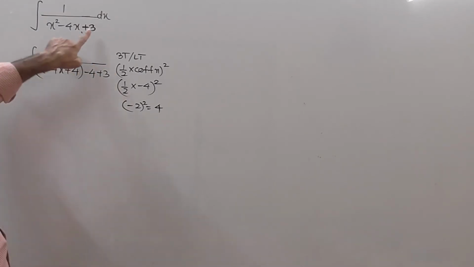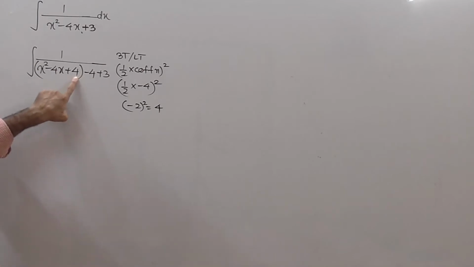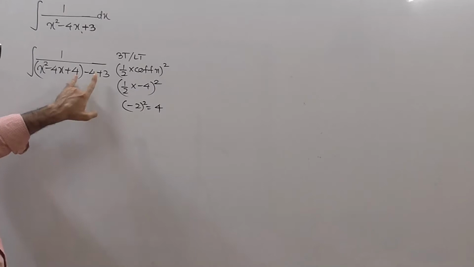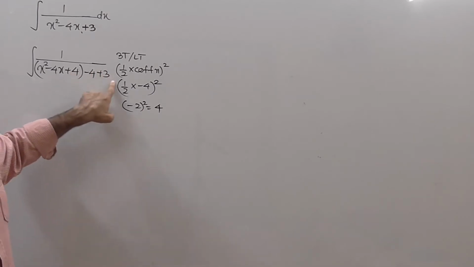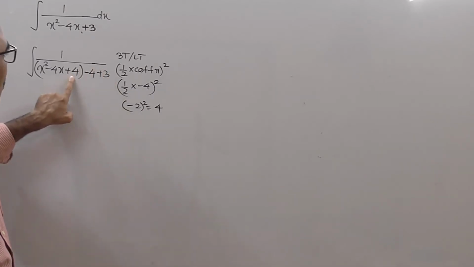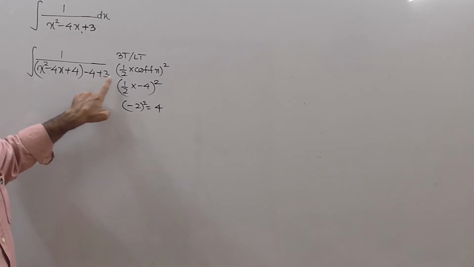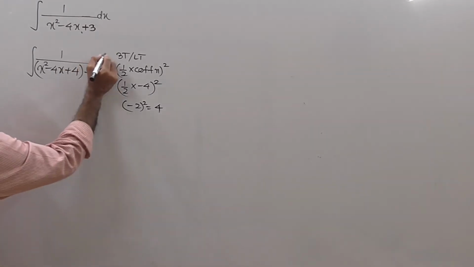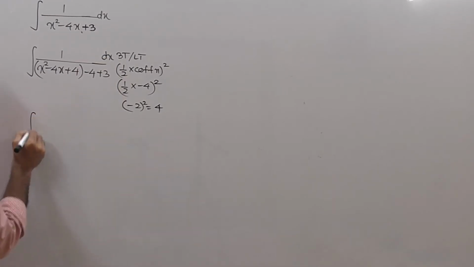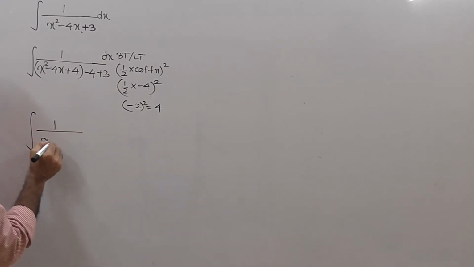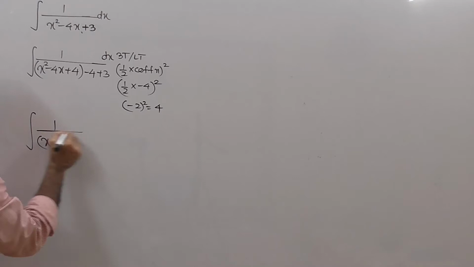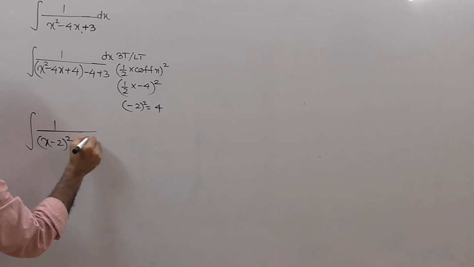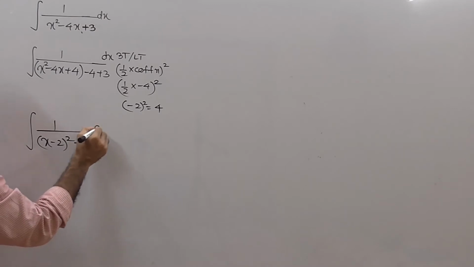So this was plus 3. What did I write here? Plus 4. If plus 4 is written, write minus 4, so it nullifies, and then write plus 3. If you add a number, subtract the same number and write the original number with it. What is the original number? Plus 3, and you will have dx. So this will be integration, x minus 2 the whole square minus 1, because minus 4 plus 3 is 1. This is 1, you can write it as 1 square.